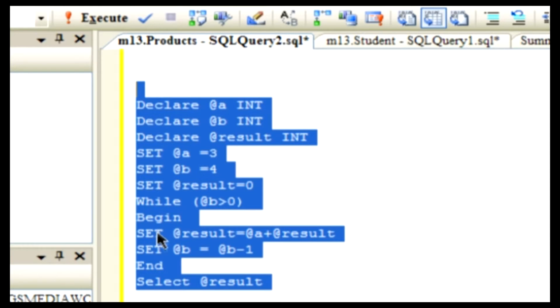Now the value of the variable a, i.e., 3, will be added to the variable result, i.e., 0, and the added value will be stored in the variable result, i.e., 3. According to the formula set b equals b minus 1, at every execution of a block of